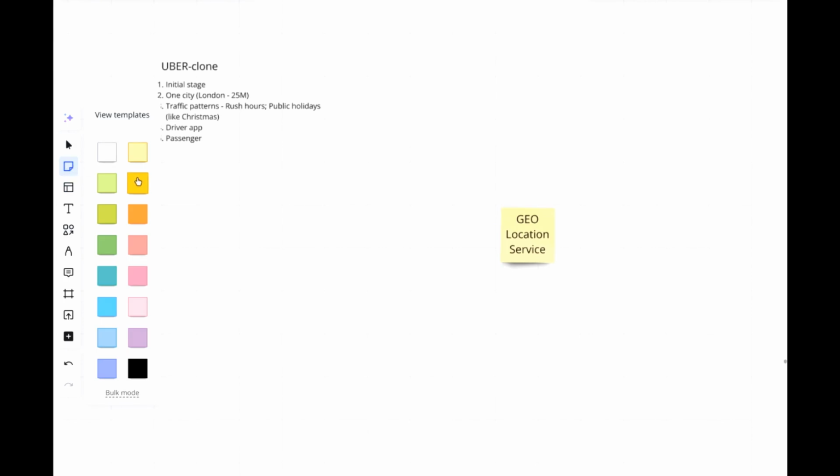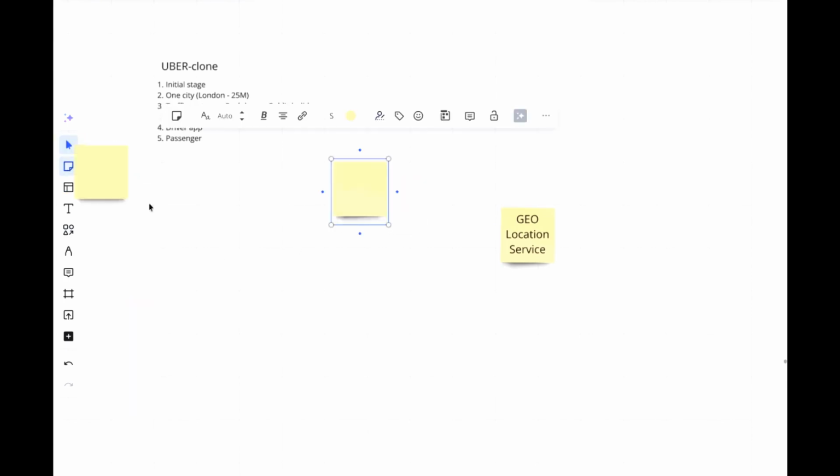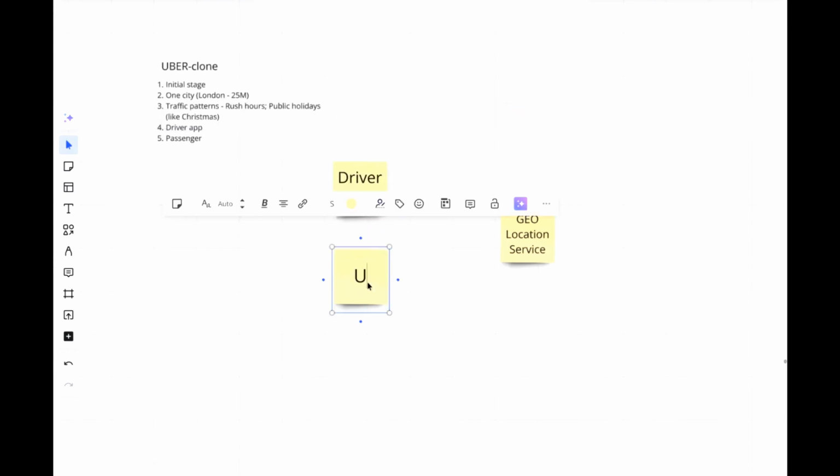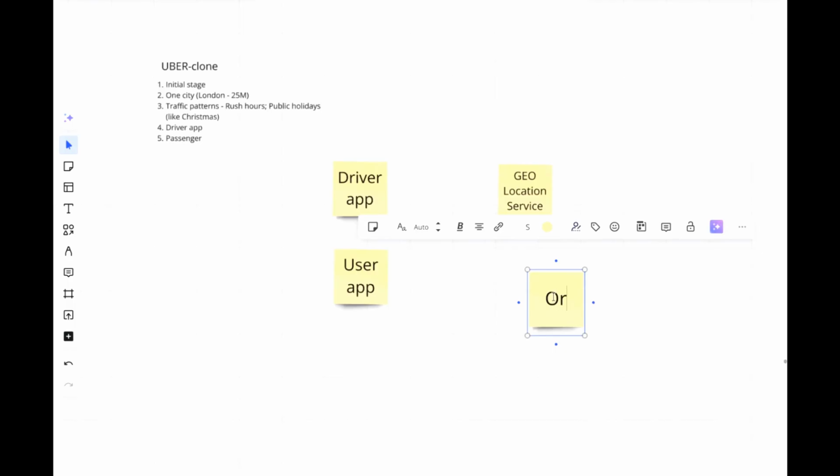Okay, so from these requirements already, we can for sure say that we will need some kind of geolocation service, and both apps. Let's pick the same color for now. Driver app, and then user app, typically called the rider app, and some order service just to track everything,